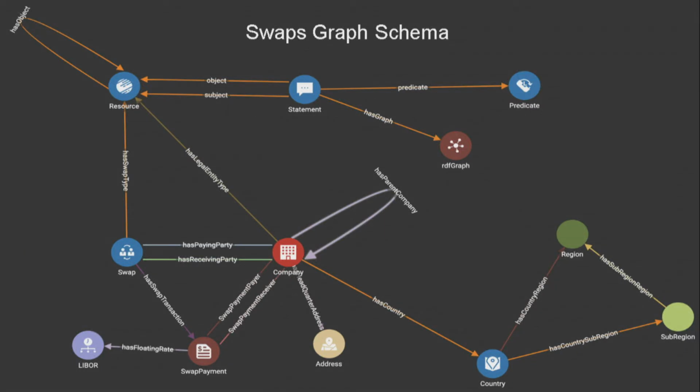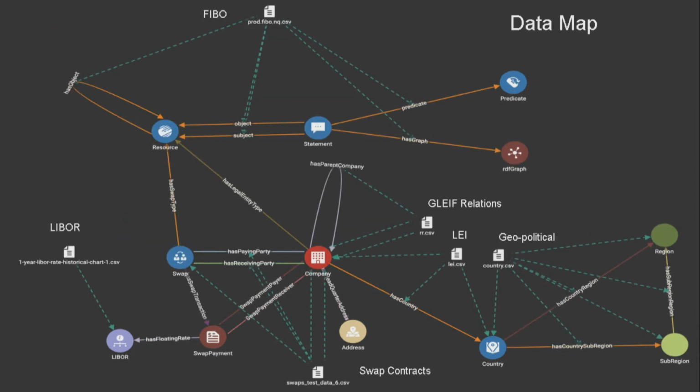Swaps graph schema. What I'm doing here is I'm creating a bespoke representation for the swaps computations and a representation to bring FIBO in. For those of you that are RDF literate, you'll see that I have statements, predicates, objects, and subjects, and graphs. And I can bring FIBO into that. At the bottom of the picture, I have companies, payer party, receiver parties, and then the swap transactions on the bottom, and the country information on the other side. I can map this information. I take all of FIBO and map it to that representation at the top and load FIBO.